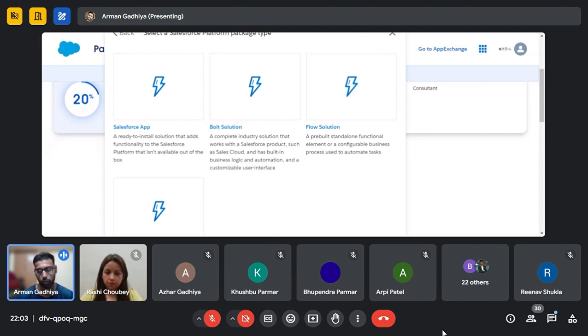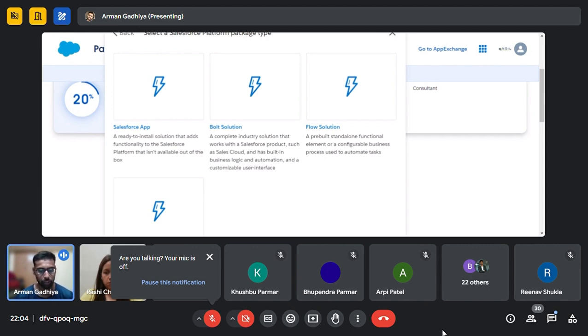Let's say you have a template for a health organization, and that template can be used by whoever is creating a health application. That person will not need to create the application from scratch. They can use your template and create their UI.